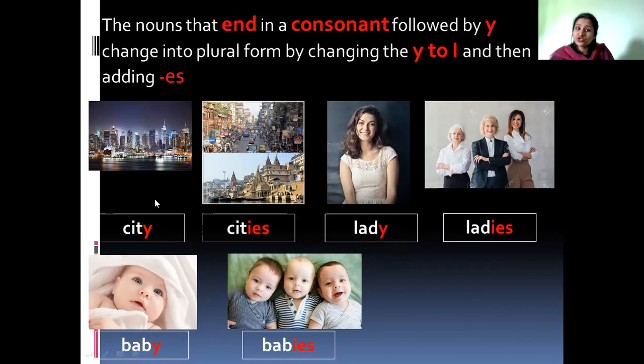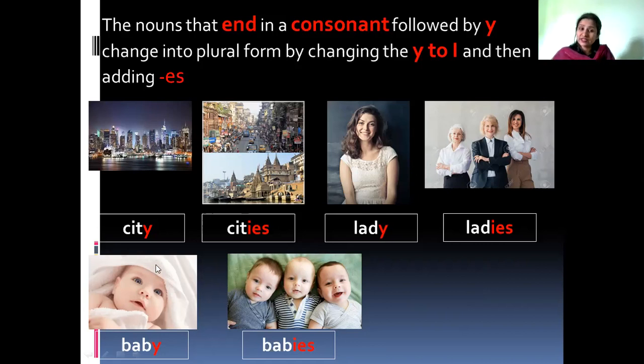But here we have to check what is coming before Y. What comes here? This is the T, this is the D, this is the B. Do you know about vowels and consonants? There are 26 letters in the alphabet. Among the 26, 5 are vowels. You learned this in KG1 or KG2. The 5 vowels are A, E, I, O, U.